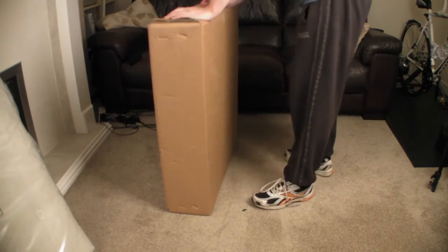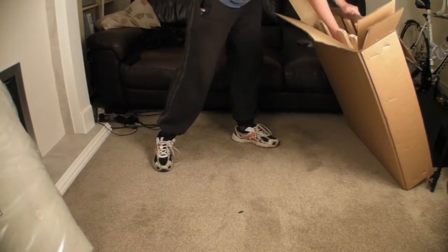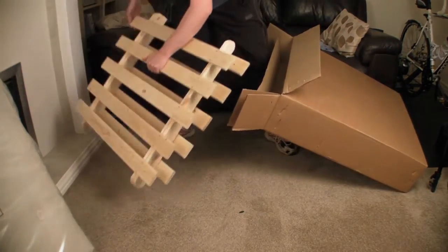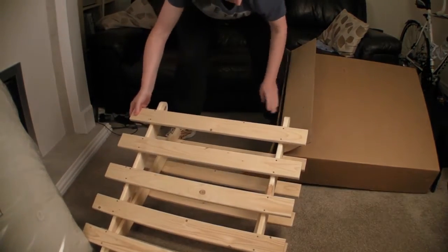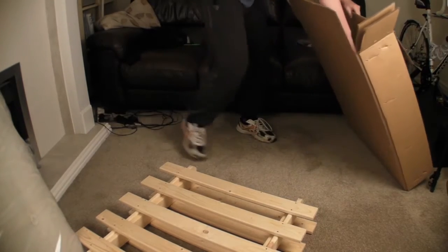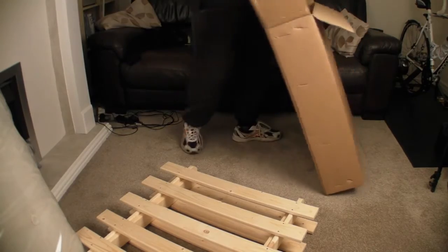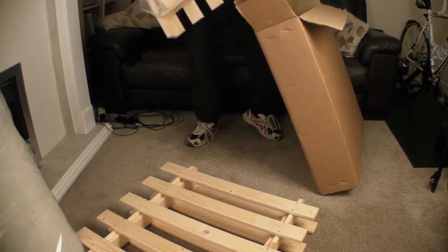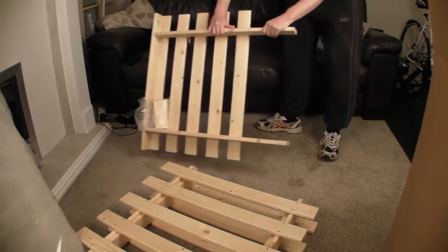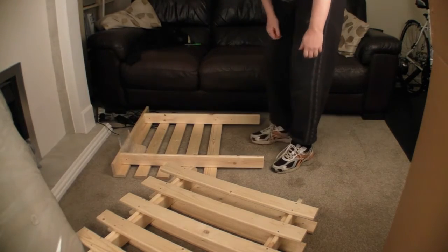So without further ado, let's open up the actual frame. That's one part of the frame. That's another part. It does take a bit of effort to get it out of that box. I'll just see if I can put that down there. And then